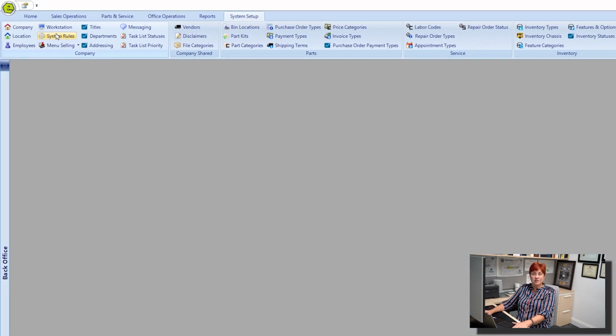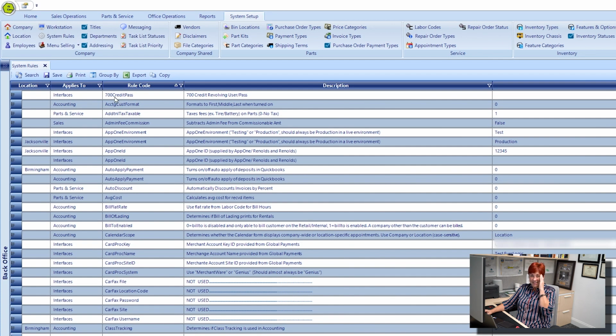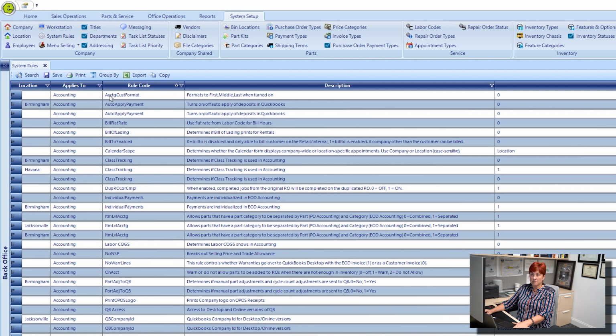Next are the system rules. Think of the rules as what tells EverLogic what to do. So here you will be able to see which department the rule applies to. I'm going to share with you some examples today. For example, accounting. So when I choose accounting, you notice the list now only shows those rules applied to my